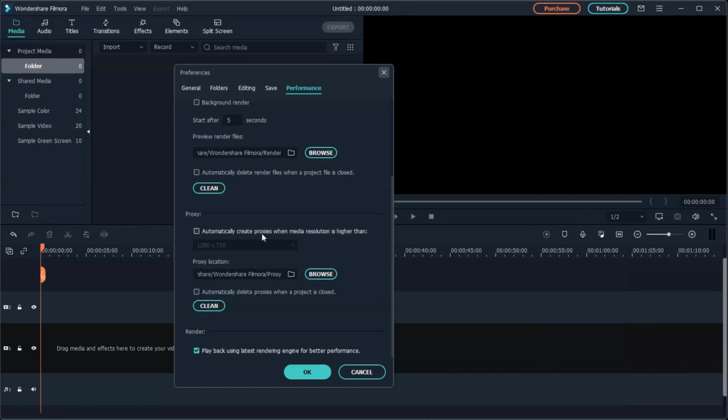From here, you can set the proxy resolution and the location of the proxy files. When the media you import exceeds the value you specify here, Filmora X will create a proxy file.